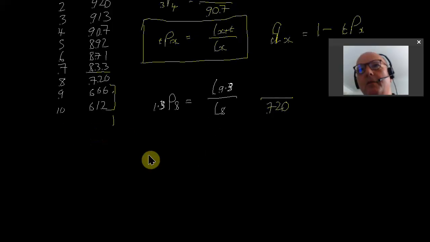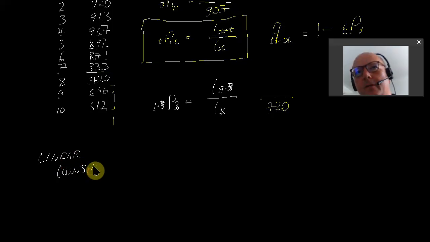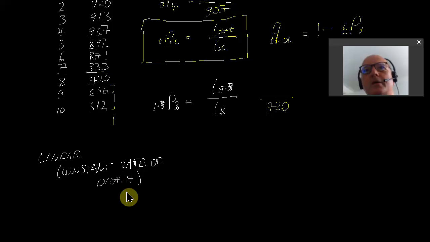Well, L 9.3 is somewhere between 612 and 666. I can do it linearly, and that is assuming, you can think about this yourself, a constant rate of death. So the number of deaths per unit time will be the same at the start of the interval 9 to 10 as at the end, which, if you think about it, doesn't make a lot of sense, because at the end there are fewer lives left. So this is a counterintuitive way of doing it, but it's simple mathematically, because we're just taking